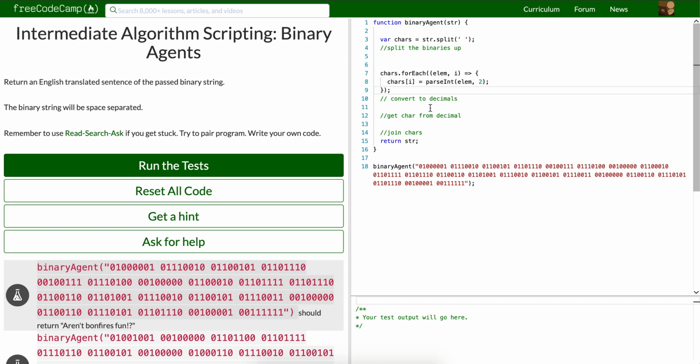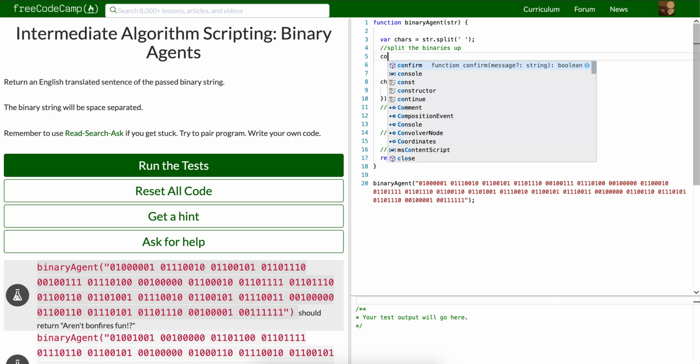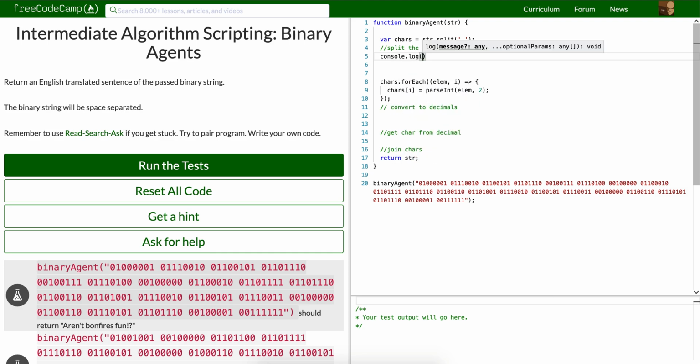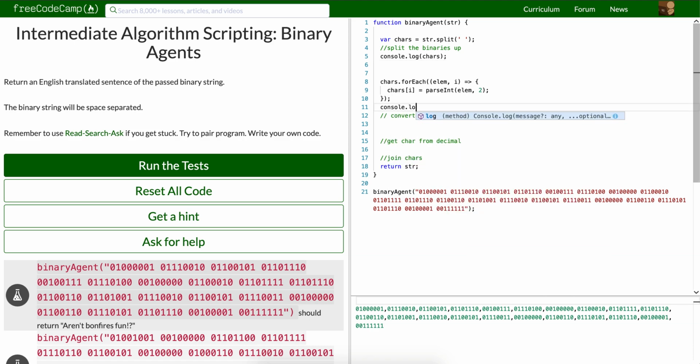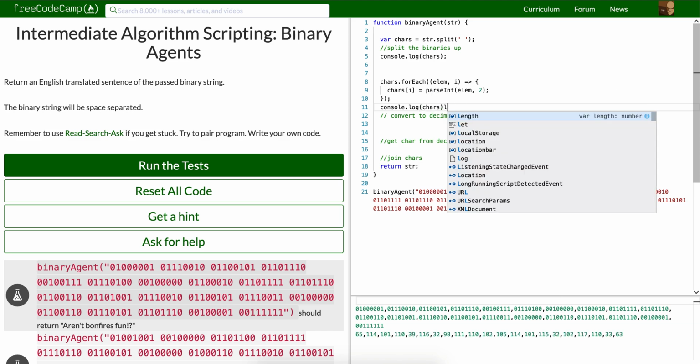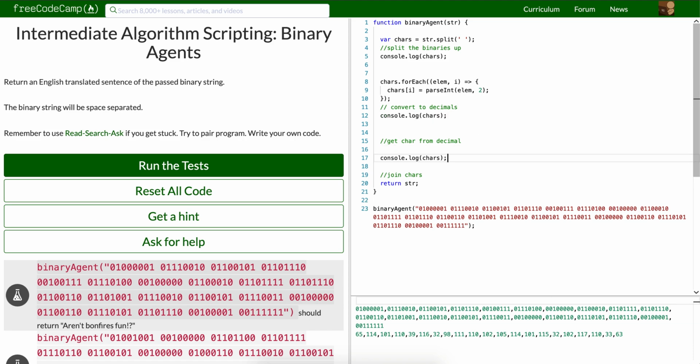And then we're going to come down here, and just to make it easier when we test this, we're going to add some console logs so you're able to see what happened. We'll say console.log cars. I should just copy paste that. We're going to throw another one down here,